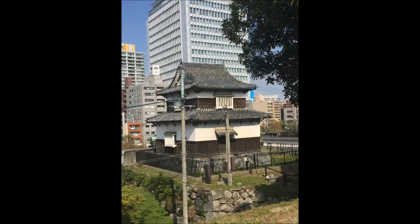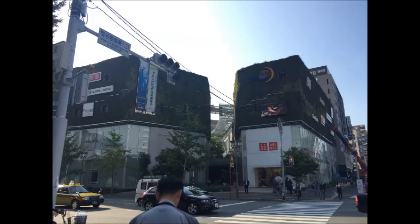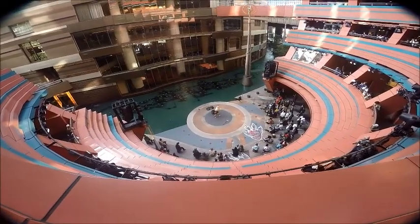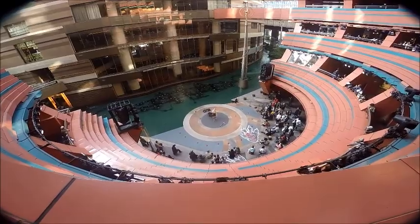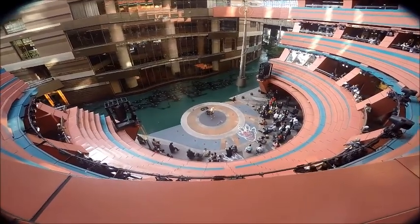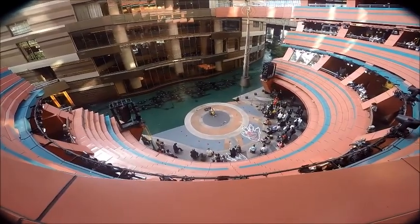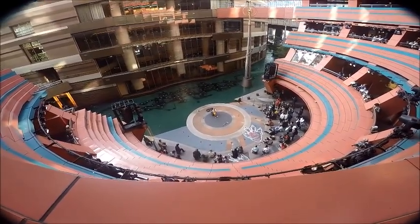So once we finished wandering around the Fukuoka Castle ruins, we caught a train to the Canal City Hakata, which basically is a city mall, a big shopping centre, and there's the front entrance in the photograph. I usually make a comment about if you've seen one city shopping mall, you've seen them all, but this was quite different. Overlooking one of the canals, I think it was the Tatara River,